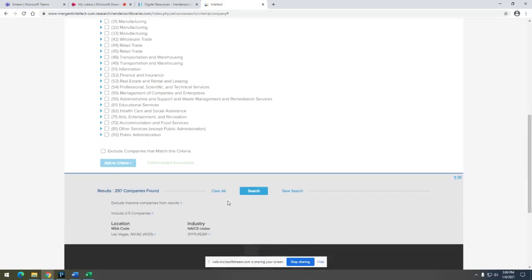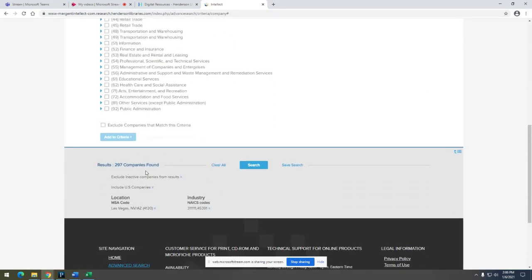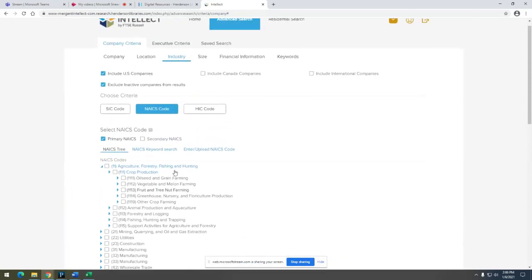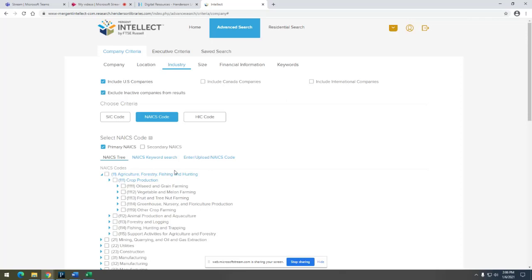When I do that, I have now a total of 297 companies, which is a really nice number to work with. A lot of times when you search, you're going to get high numbers. So for example, you could get 5,000 companies. One of the ways you could narrow those results is to go back up here to your company criteria tab